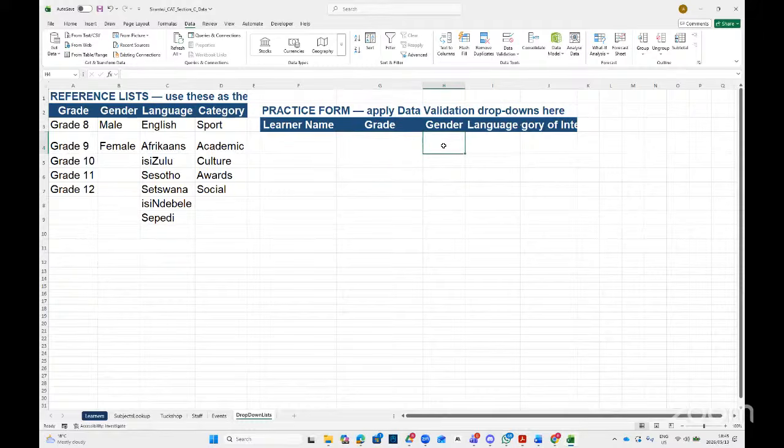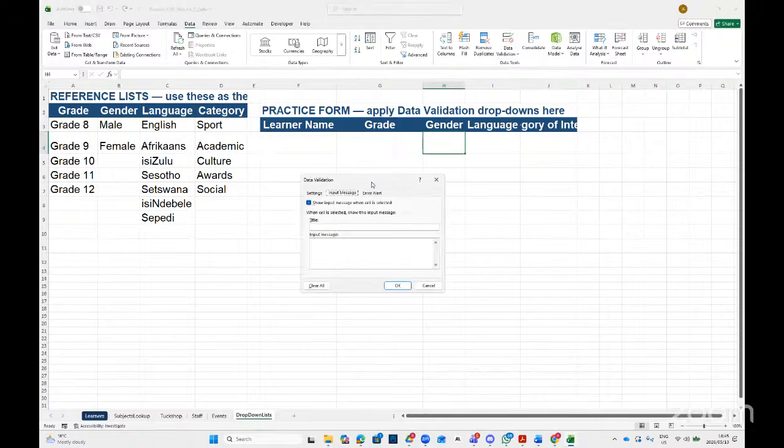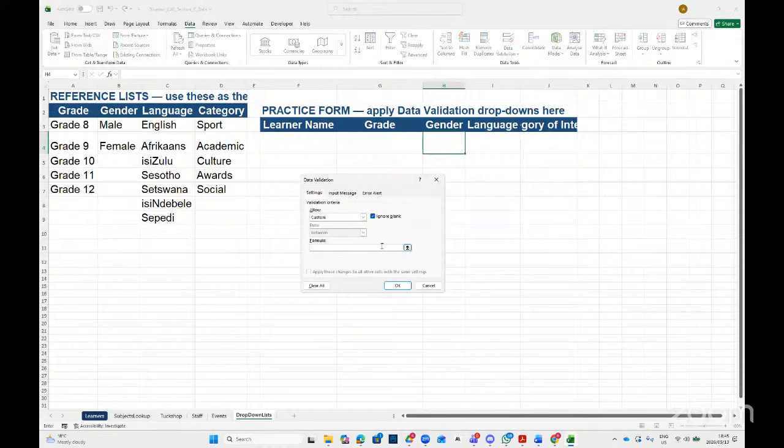So here it should only pick male or female, which is the data validation again. And then you don't choose text length, you customize it. So this cell here, H4,